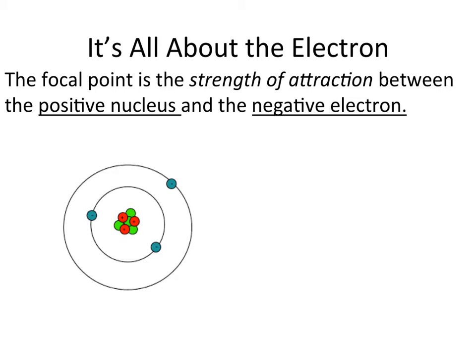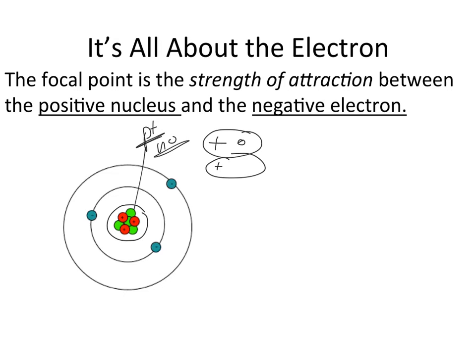Well, remember that the nucleus is made up of protons and neutrons. Collectively, the protons have a positive charge and the neutrons have no charge. So overall, if you put together a positive and something that has no charge whatsoever, the overall charge is going to be positive. If we add another proton and another neutron, again we have an overarching positive charge, and the neutrons don't really do anything in terms of affecting that positive charge. So the nucleus itself, if we were to draw our nucleus around our two protons and two neutrons,